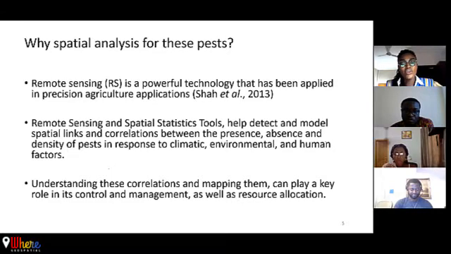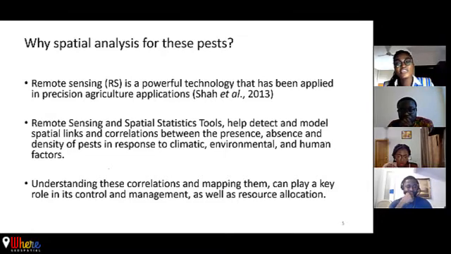And also to be able to understand how these insects interact with ambient conditions such as environmental factors. So we'll be able to tailor our management practices towards this understanding. Remote sensing data is very powerful when it comes to precision agriculture. And as earlier mentioned, it helps us to understand the correlations and the spatial links between insects, their presence,